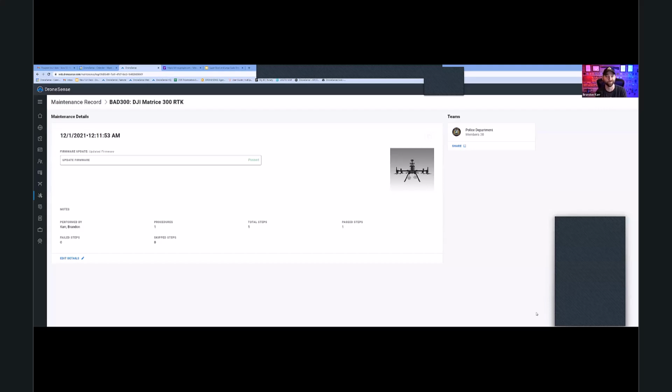That is not a bad one just to mirror across all platforms, regardless if it's DJI, Autel, Parrot, whatever. So go in and take a look at those and then have somebody make sure that that is being done properly. If you don't have a well-built maintenance program, for example, and here we don't have it built out into this, but we did catalog that in the back end because maintenance wasn't fully built out whenever I was doing it. You can go in and make sure that those are being done,